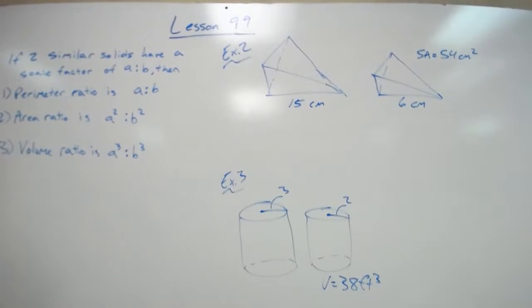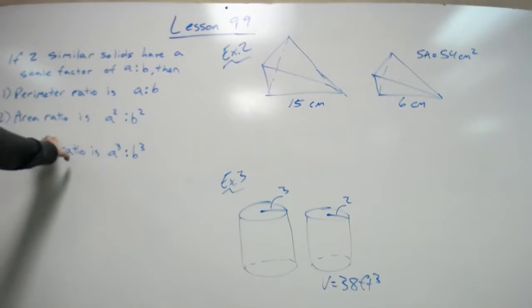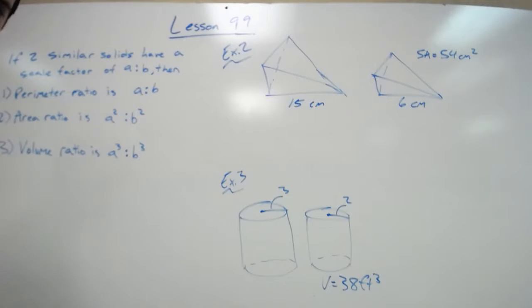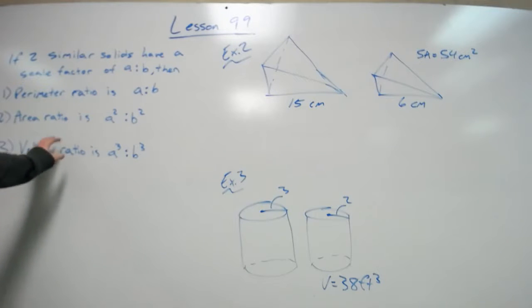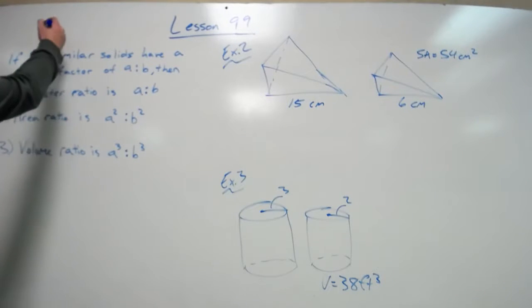We're going to look at volume ratios of similar solids. Now, we've kind of done perimeter and area ratios before, but this one we're going to add volume. Now, the concept, all right, theorem